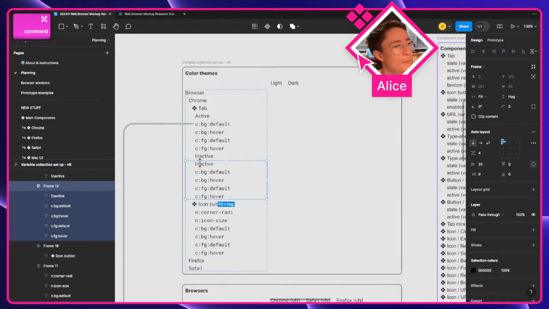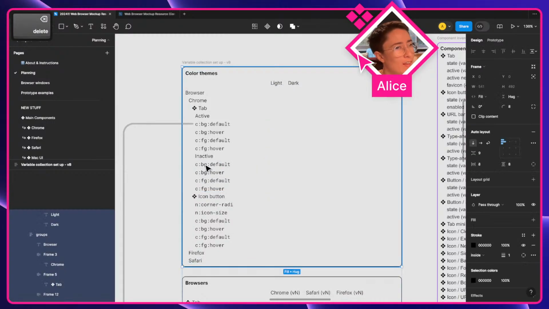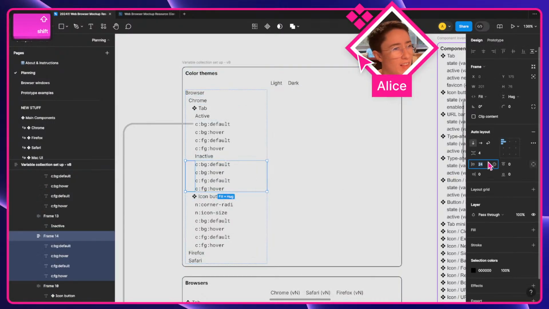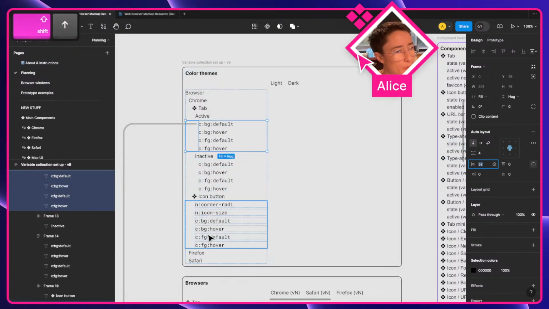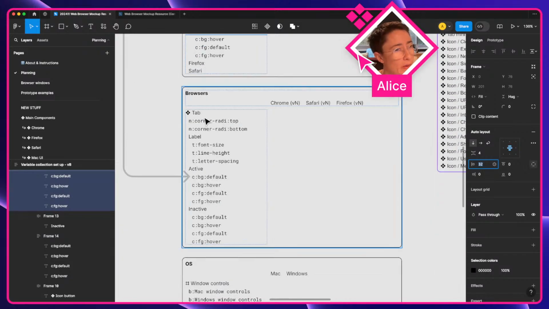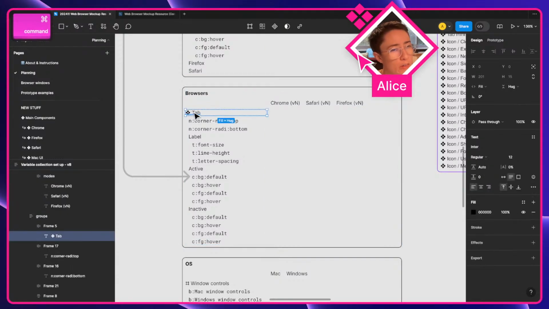No. Okay, need that one. What I'm trying to do is get these indented to make it more clear what belongs to what group. There we are. So we've got active, inactive, and then when we get into the context of what our tabs look like